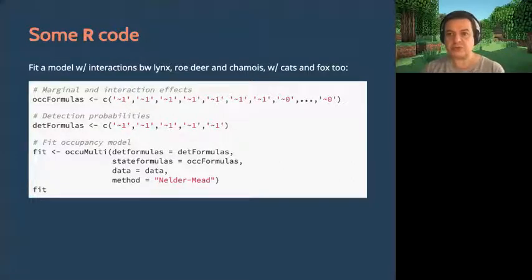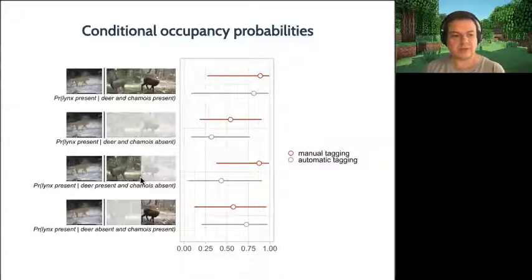With this data, we build models to test our hypothesis about interactions. And here we look only into interactions between lynx and its prey. We also consider species-specific detection probabilities, and we fit our model to the data using maximum likelihood. Then we get occupancy probabilities for lynx given presence or absence of its prey. In red, we have the estimates from the model fitted to the pictures that were manually tagged, in other words, without false negatives or false positives. It's the ground truth. In blue-gray, the same model fitted to the pictures that were automatically tagged by our trained model with a CNN,